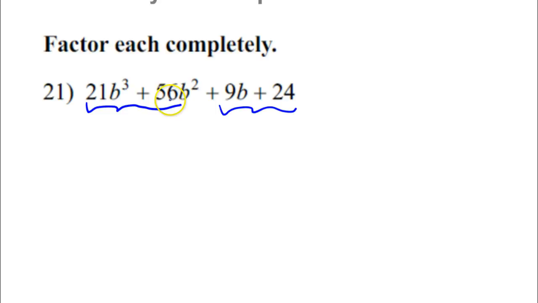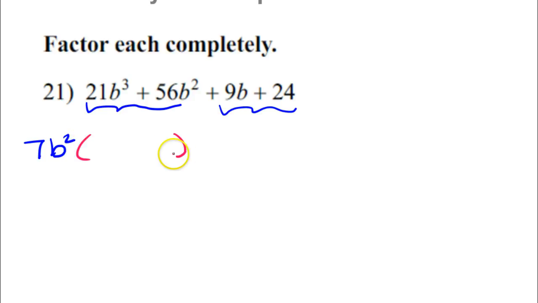I see both of these are divisible by 7b squared. So that's going to be my GCF. So I'm going to pull out 7b squared. See, I knew b squared because b squared is right here. Now, if I pull out 7b squared,